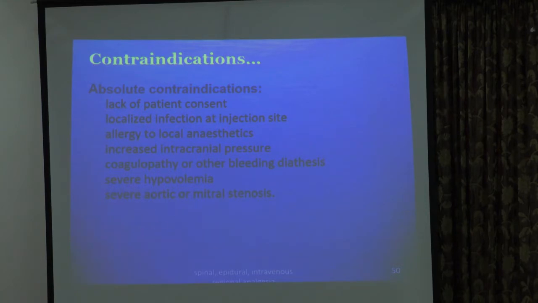And then patients with increased intracranial pressure, we all know about it because of the possibility of what? Coning. Because when you do a spinal, you puncture the dura, you make a hole in it, CSF starts leaking, you reduce the pressure in the subarachnoid space, and the pressure up there also goes down. So you don't do that in such patients. If your patient has severe hypovolemia, and this is very important, you must tell your colleagues because